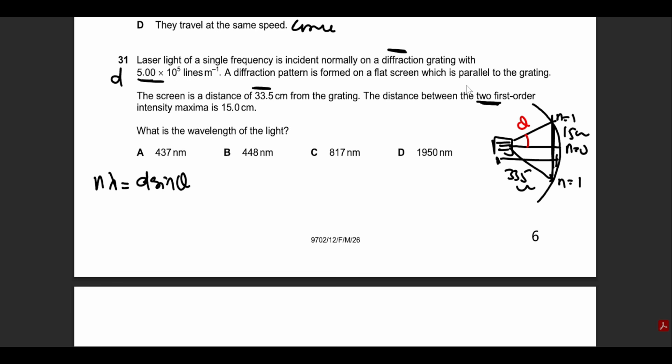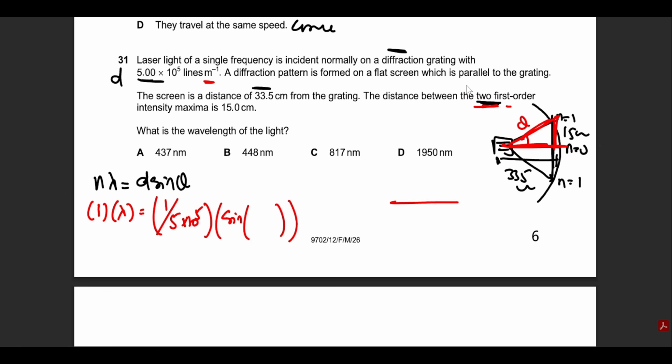So since we're dealing with the first order only, the n will be 1. Lambda is unknown. D is per meter. So this is 1 divided by 5 into 10 raised to the power 5. Sine theta requires our help. So let's find out sine theta first. Now this is the triangle that we're extracting from here. So the triangle is going to look something like this. Since this is total 15, this will become 7.5 centimeters. And this is 33.5 centimeters. This angle will be